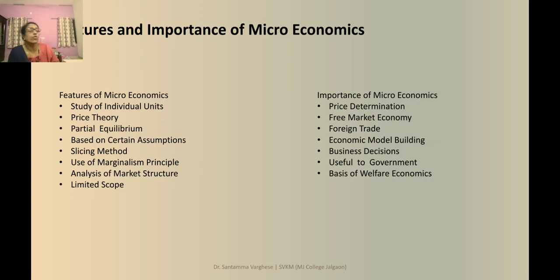The next is analysis of market structure. Now, microeconomics, we explained, is a study of individual units, a study of individual prices, a study of individual consumers, a study of particular things in a particular way. Now, when we study all these particular things, we come to understand the market structure. What is the market structure? Analysis of different market structures like the perfectly competitive market, monopoly market, monopolistic market, and oligopoly market. In the coming chapters, you will study in detail what perfect competition is, what a monopoly market is, what a monopolistic market is, and the oligopoly market.